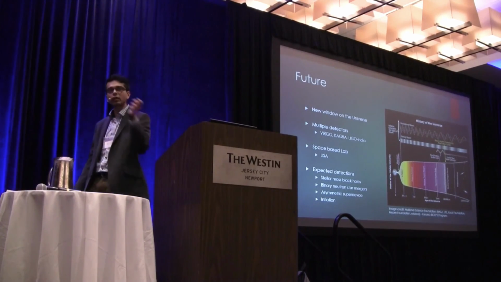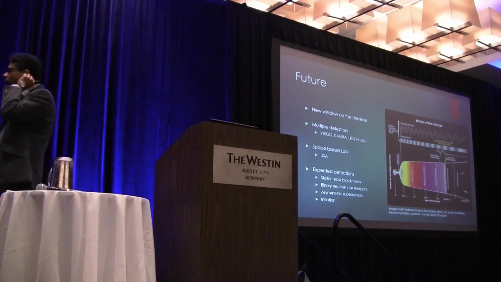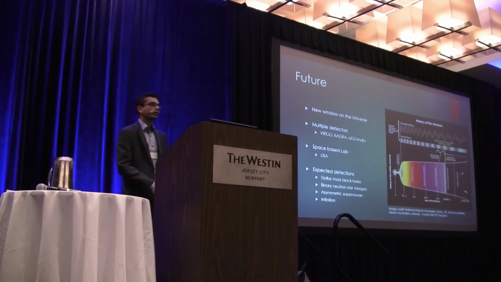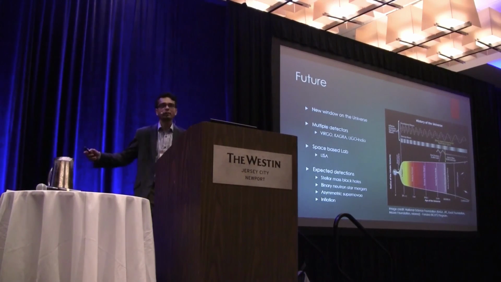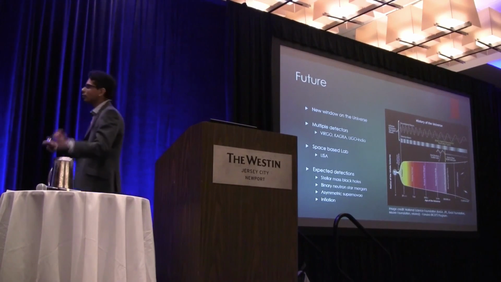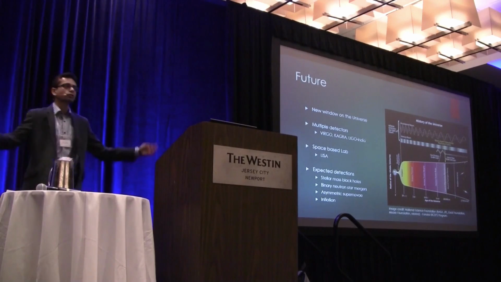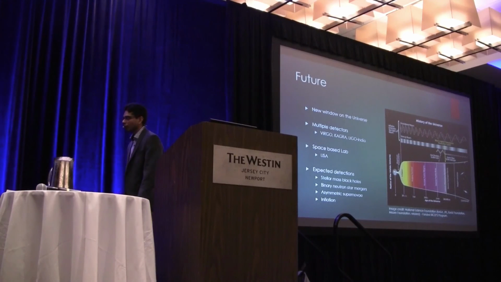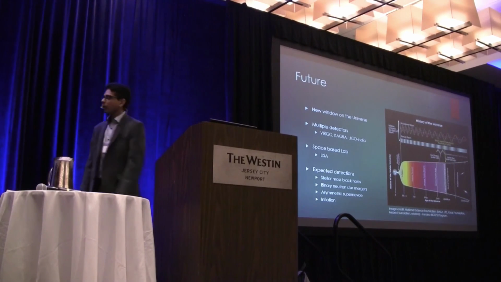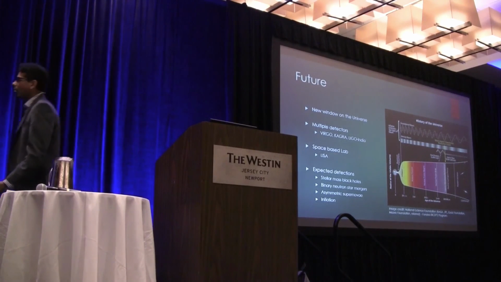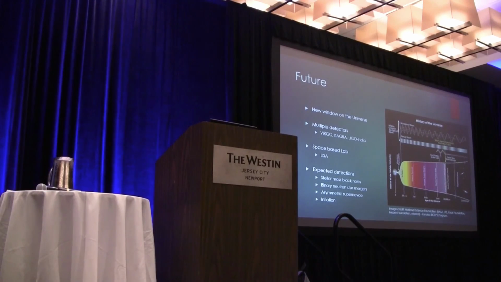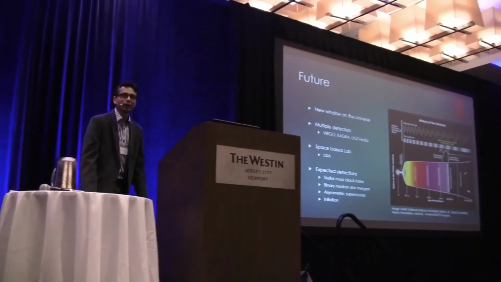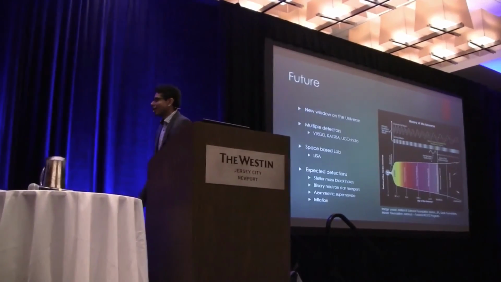We might be able to detect supermassive black holes which result in lower frequency. The other advantage of sending things out into space is that we are not restricted by a very small planet. So rather than having 4-kilometer long tunnels, we could have detectors which are separated by millions of kilometers. And by that, we can increase the sensitivity of those detectors as well. So there are plans in Europe to send a LIGO kind of a detector in space. It's called LISA. It depends on the financial situation, which right now is not particularly great. So I don't know whether it's going to happen, but we can read.